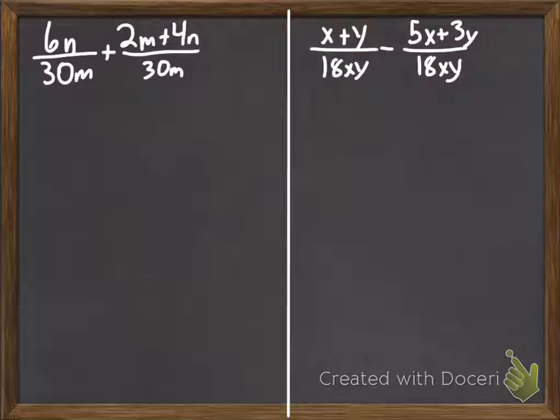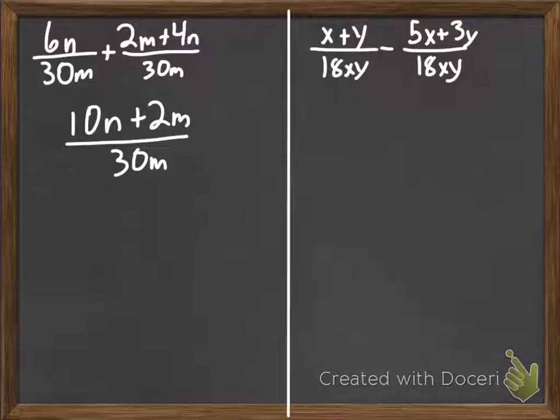And that was just a little bit of a taste, so let's go into a bit more. So we're going to do 3 examples, and you're going to get to do some examples, and then we'll learn a new concept with these, adding and subtracting. So here, we're going to start on the left. We're going to add 6n over 30m plus 2m plus 4n over 30m. Common denominator. Awesome. We can add straight away. So we're going to get 6n plus 4n. That's 10n. And that 2m, we don't have anything to add it with, so here we go. Over